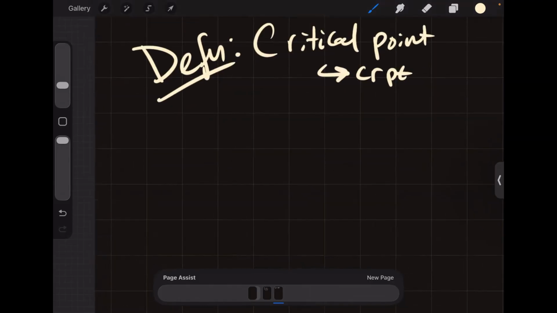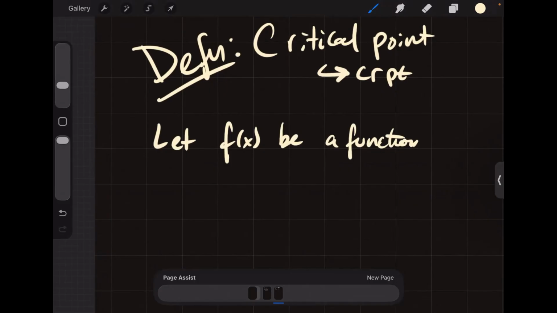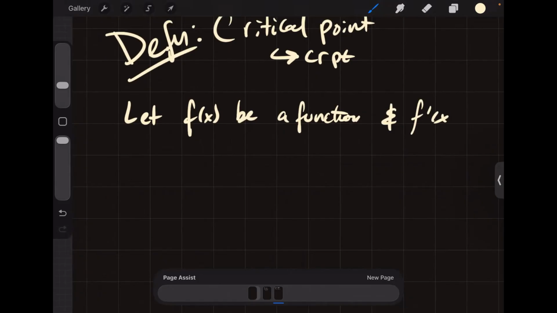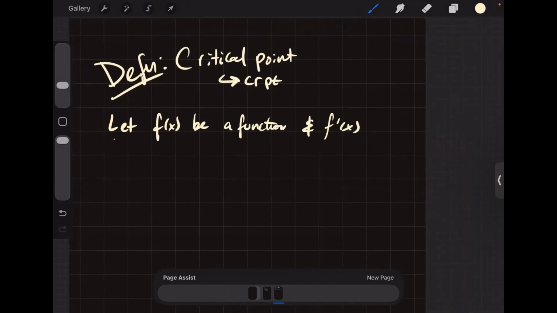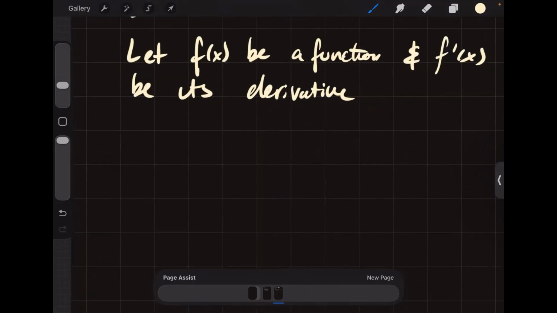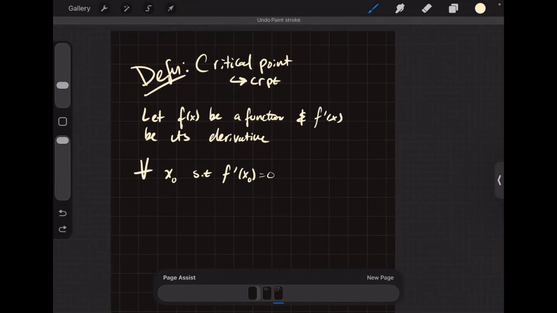So let f of x be a function and f prime of x be its derivative, its first derivative to be specific. For all x naught such that f prime of x naught is equal to 0,